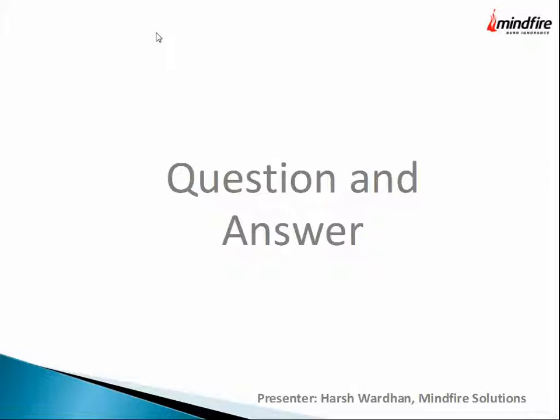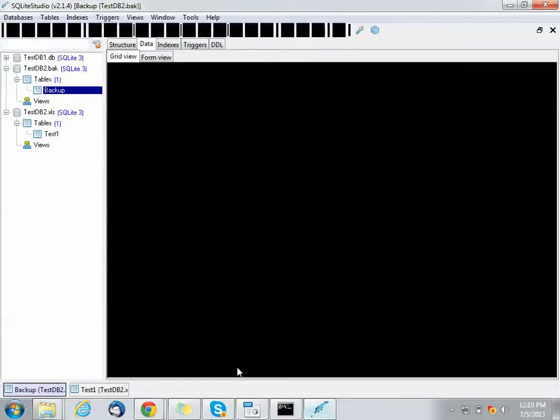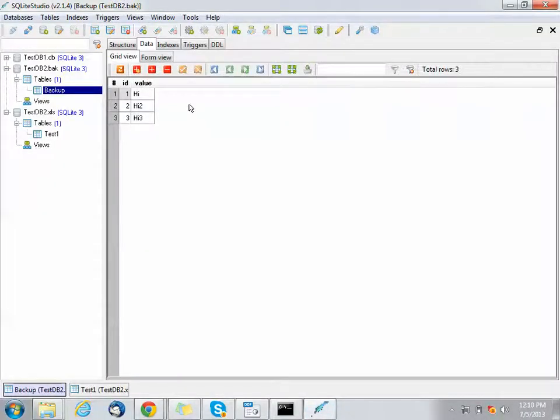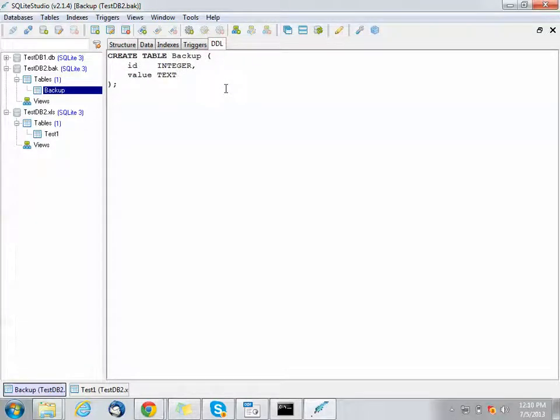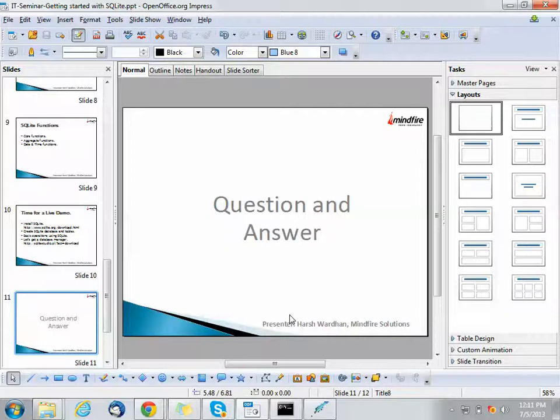Whether in GUI we can perform attach or detach. We'll have to see how we can use it in GUI. Create table and all, yeah, we can use it in GUI. I have not much used the SQL editor, but we must be having somewhere we can write queries. But how to execute it, we'll have to check. There must be some features in GUI as well. Any other questions?